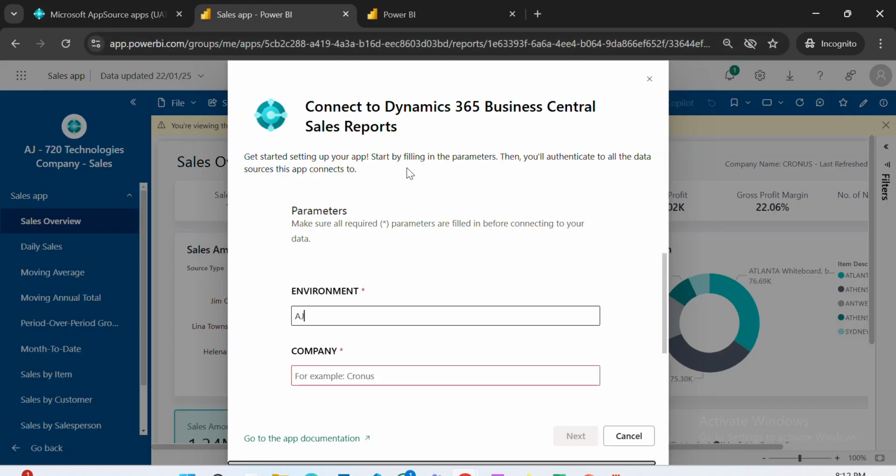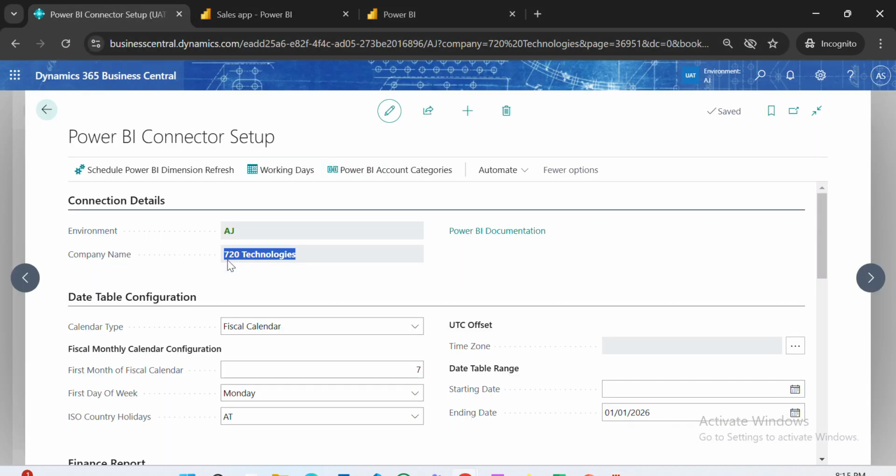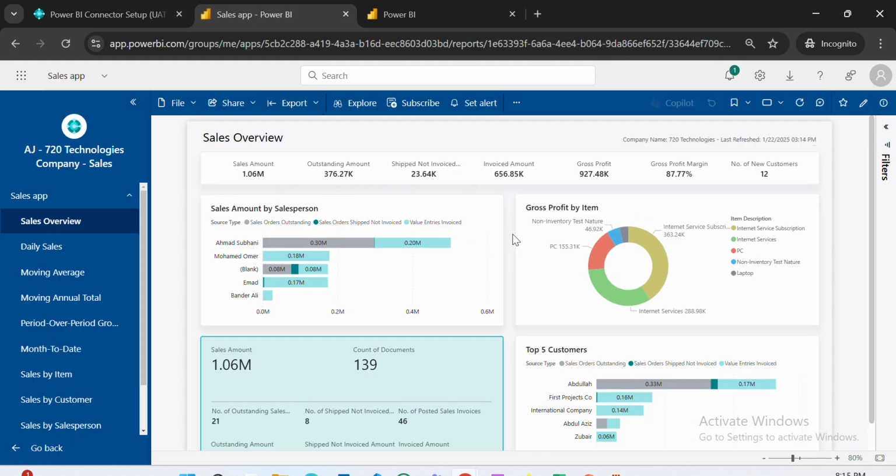Let me quickly do it. Okay, so now it is connected. The reason this was coming up is that I was entering the wrong company name. I was entering 720 Technologies companies, so I have picked the exact name from the Power BI connector. And you need to remember this also. You need to pick the exact name, and you need to paste it in the app. Okay, so now you can see it is connected,